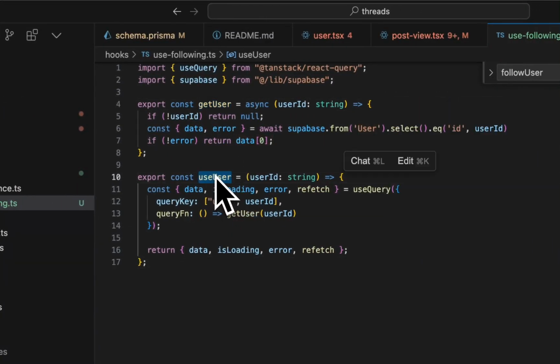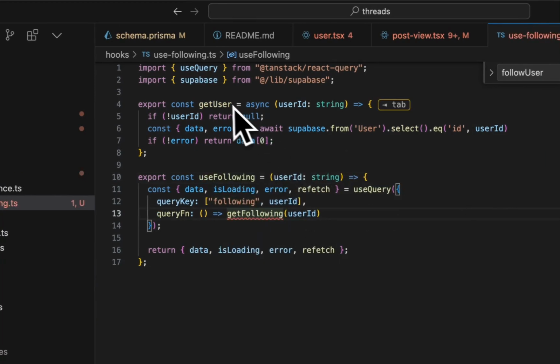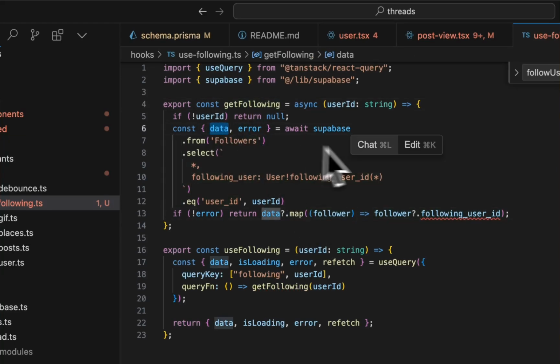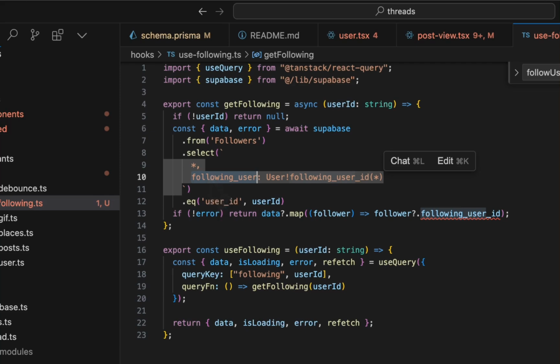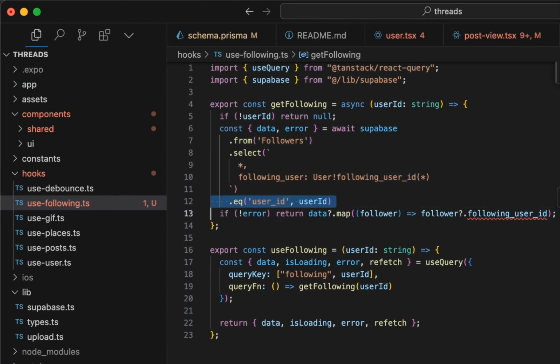So let's do useFollowing, getFollowing, change this up here. Okay. So then we do supabase from followers. And remember, since we have this association, it's a little bit more complicated join because you have to define specifically what user relationship you're using. And so we have the following user ID where our user ID, for the user ID of that,